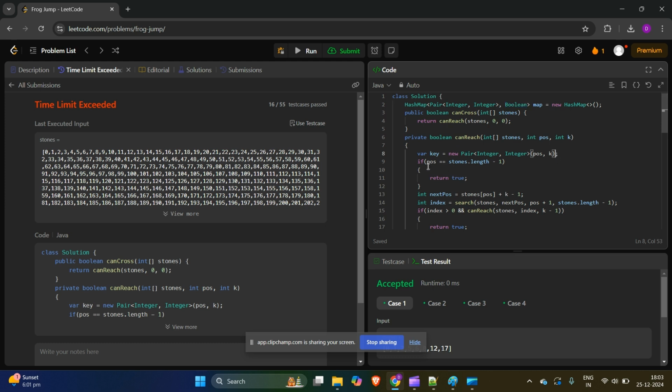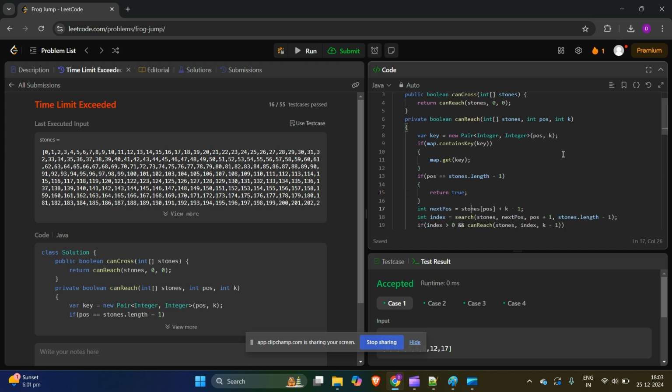Now I am checking if map contains key, that is, if we have already computed this particular possibility, then we will just directly get it from the map and return it. Else